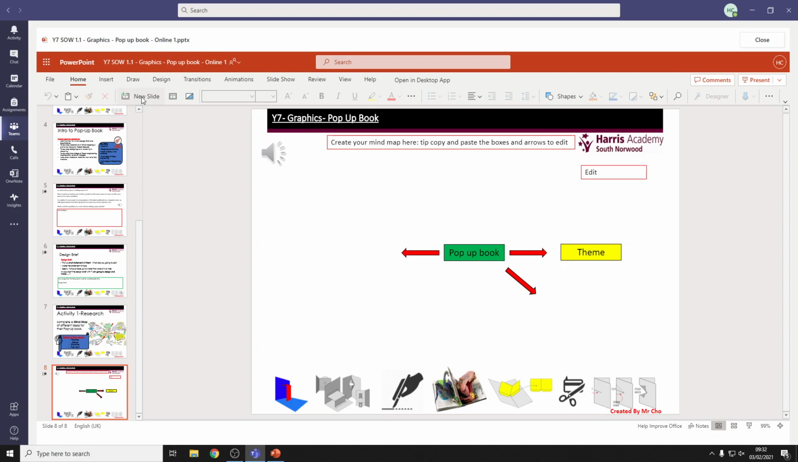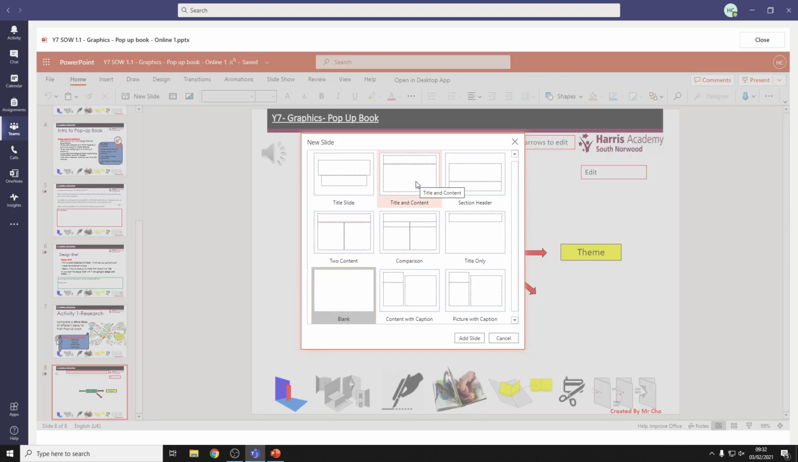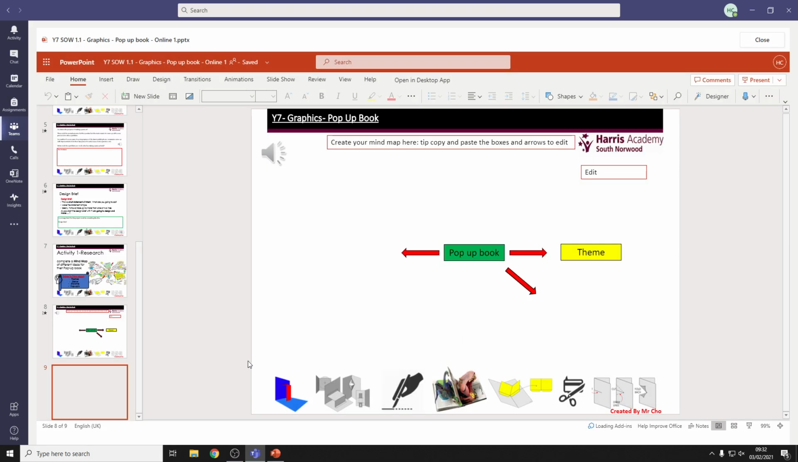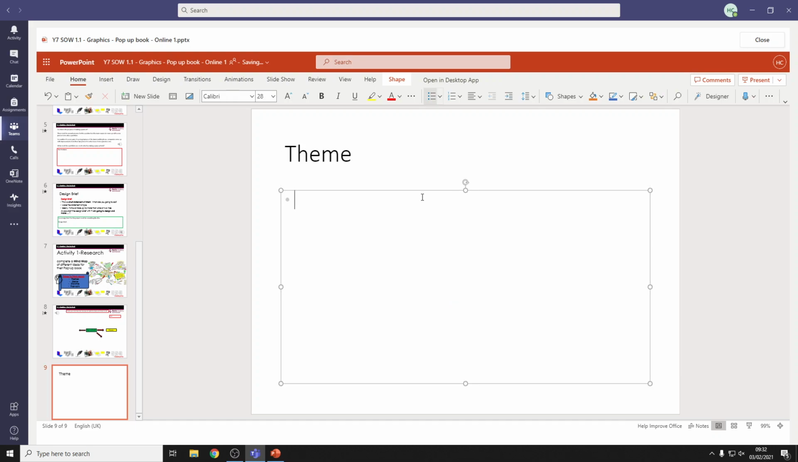Before we can do that, we're going to add a new slide, and the first slide we want is title and content. So we're going to add that in. Add slide. You've got to take some of your ideas and make it into a story. So what theme do we want? Then I want you to list the themes that you want to do. So it could be